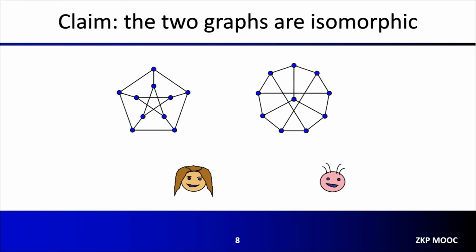Last example before we start defining this more generally. Here, the claim doesn't talk about numbers. It talks about graphs. There are two graphs. Turns out, if you look more carefully at these two graphs, they are actually isomorphic to each other. In plain English, that means they are the same graph, but drawn a little differently. And formally, it means that there's a mapping from the vertices of the graph on the left to the vertices of the graph on the right, which we call the isomorphism,